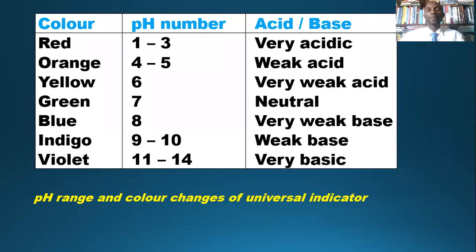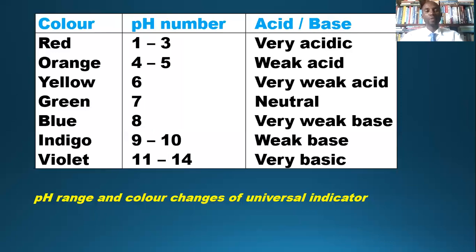And with that, these are the ranges. When you have color red, and pH reads from 1 to 3, it means that that particular solution is very, very what? Acidic, very acidic. Orange, pH value 4 to 5, weak acid. 6, when it's yellow, is very weak acid. Green, which is 7, we said it before, 7 is neutral. 8 is very weak base. Indigo, which is 9 to 10, weak base. But from 11 to 14, very basic, strong base, violet. So that is the pH range and the color changes of a universal indicator. Now that is the chart that is here on your screen. The color and the range of the particular pH that indicates acidity and alkalinity of that